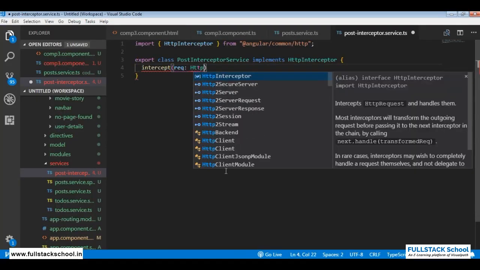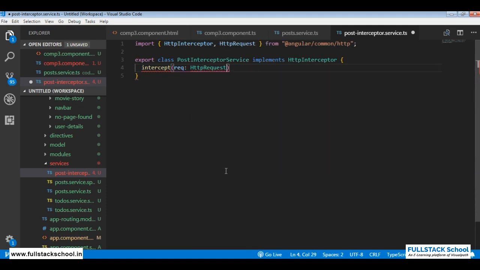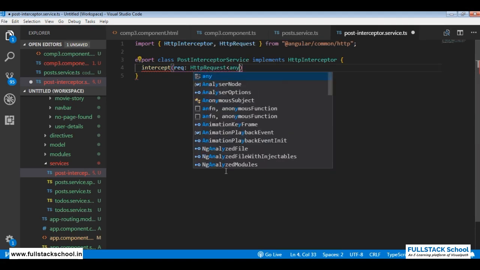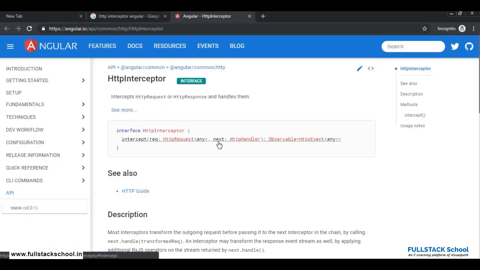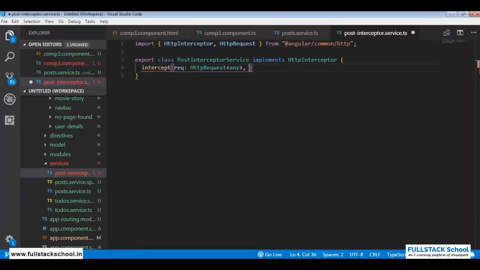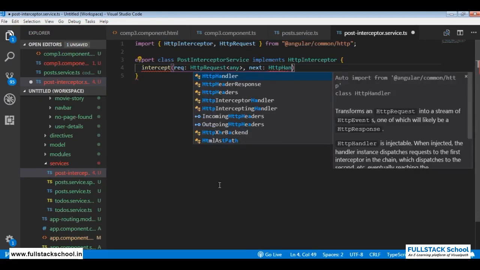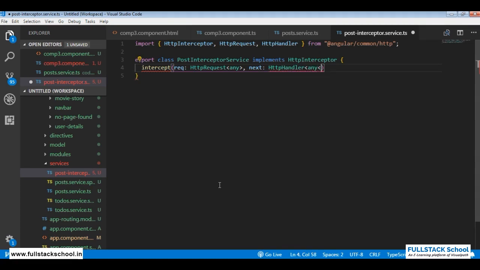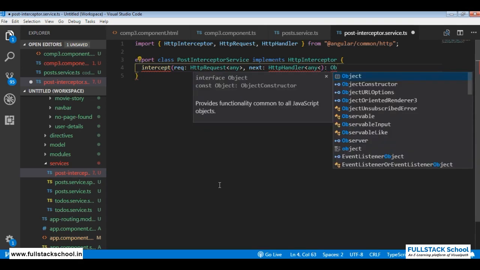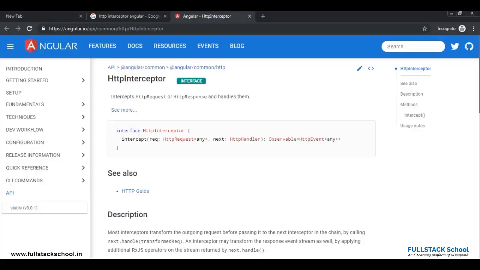request of type HTTP request, and let us say any as of now, and the other argument we need to pass is next of type HTTP handler. Again the generic would be any, and once this is done, let us make this return an observable. So observable HTTP event,